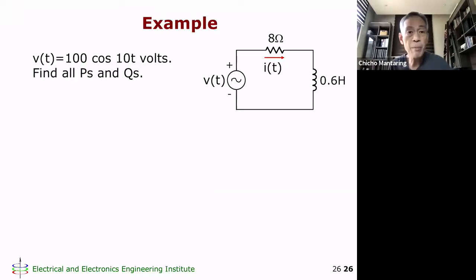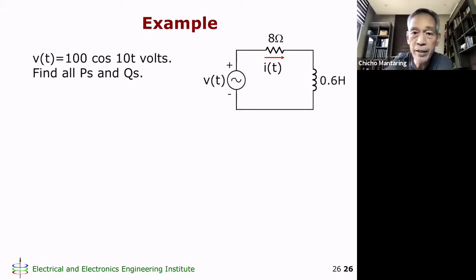Okay, so let's take an example. Very simple circuit. I have a sinusoidal voltage source, and then I have an 8 ohm resistor in series with a 0.6 Henry inductance. I want to find all P's and Q's. What do I mean by all P's and all Q's? I want to find